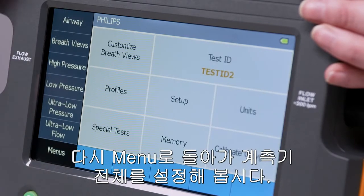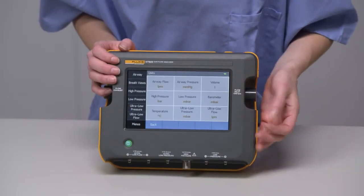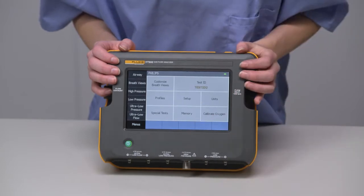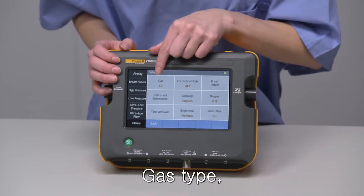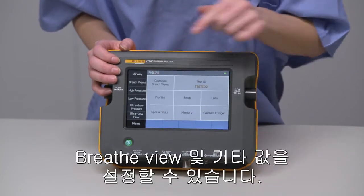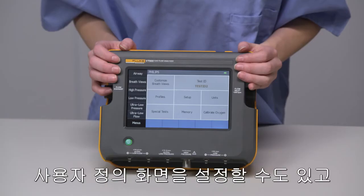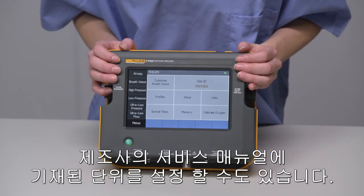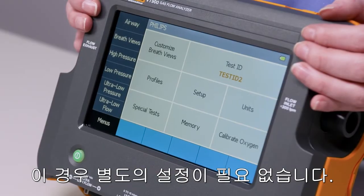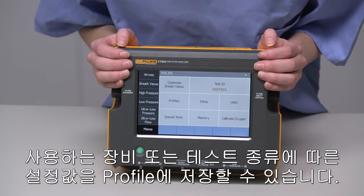Now we can configure the whole device in this way: units, gas type, correction mode, breath views, or other settings. You can configure to personal preference, or sometimes manufacturer service manuals have measurements in a specific unit, and it's helpful not to have to do manual conversion. When we have the device set up the way we need for our model or type of testing, we can